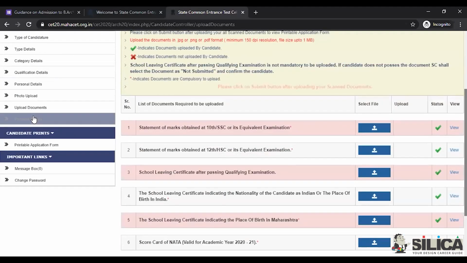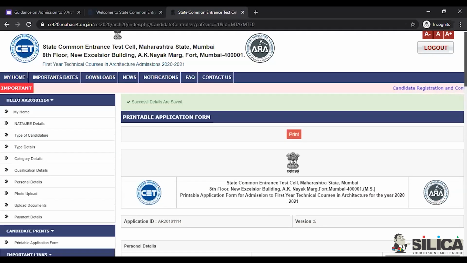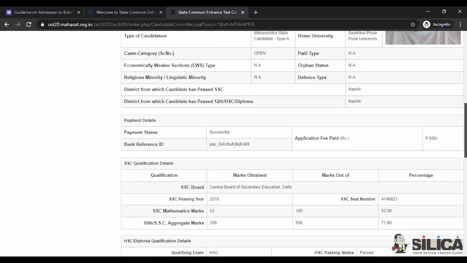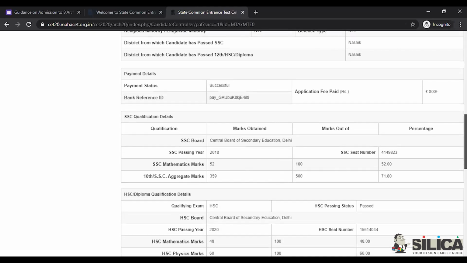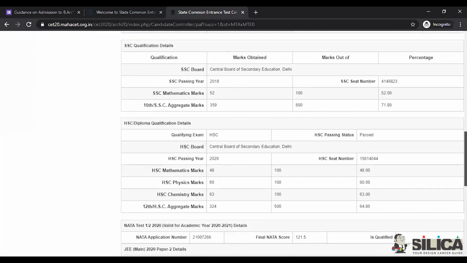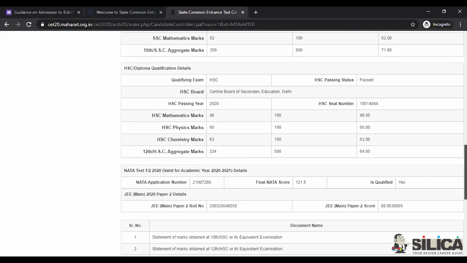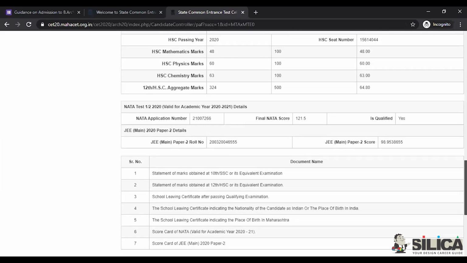Next comes the payment details. Actually, this has already been paid. So once you click the payment details, they ask for your bank, your Aadhaar card details, so you can pay online.